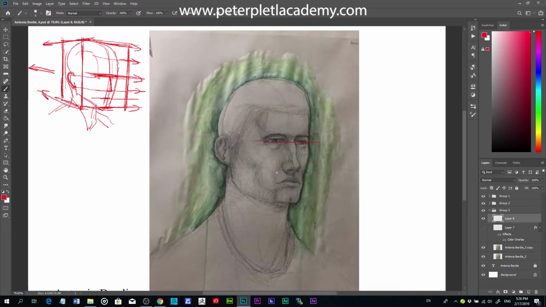You also need to be careful with the perspective of the portrait. It seems to me that his mouth is moved a little bit, and also the direction of the chin needs a little bit of correction. And